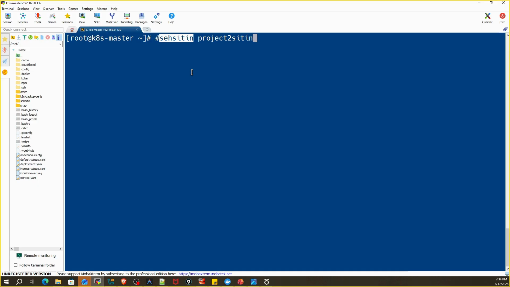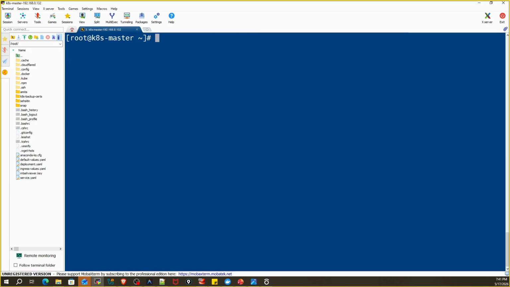In real organizations, we usually don't have a single shared space. Instead, we use namespaces per team or project. For example, SEH-SIT-IN is a namespace for the SEH project in the SIT environment. Here IN stands for India. The same way for another project, we can use that project name, then SIT, and then IN, and so on. This gives isolation, security, and better access control.